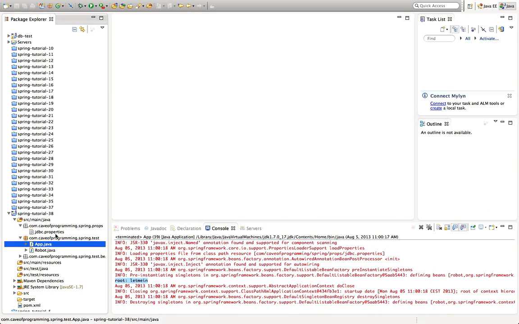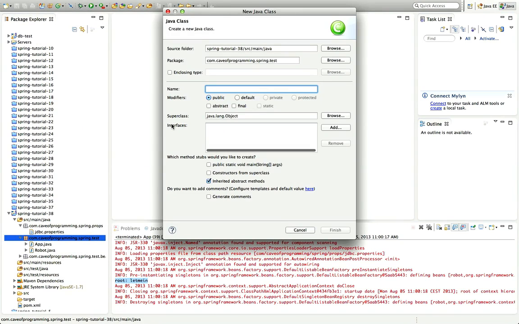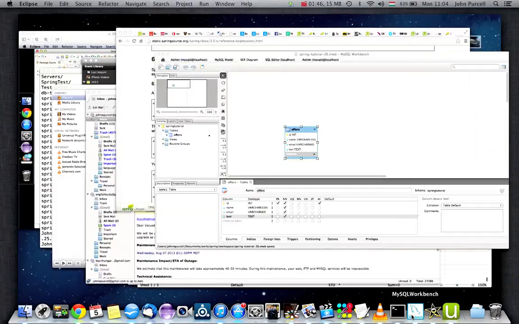But let's go to my program here, and I'm going to right click one of my packages, and create a new class, and let's call it offer. In fact, I probably should really put this in a new package called model or something, but I'll just leave it as it is for the moment because I don't want to make this example too complicated. But I'll create a class called offer, and if we look back at that MySQL table,